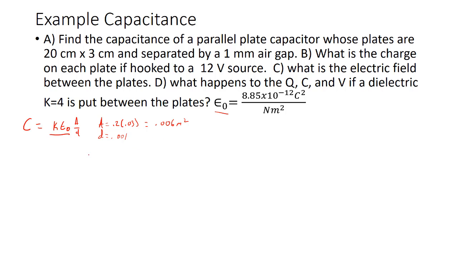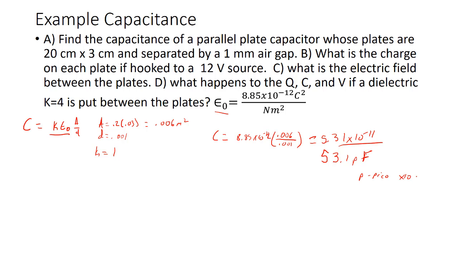And so then all we have to do, this is an air gap, so K is 1. All we have to do to find the capacitance is say C is equal to 8.85 times 10 to the negative 12th times 0.006 over 0.001. 5.31 times 10 to the negative 11th. Now, that's a fairly small number. We're actually going to report it as picofarads. So this is 53.1 picofarads. Pico, and that's a capital F,